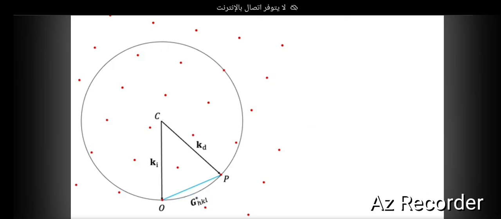Now, let me show you the equivalence of this construction to the standard Bragg's law. This is not difficult to show. All I have to do is to drop a perpendicular Cn on OP. If I do that, notice that OP is the reciprocal lattice vector G star HKL, so its length OP is simply 1 by DHKL, where DHKL is the interplanar spacing of the plane HKL. So OP is 1 by DHKL, and ON by geometry